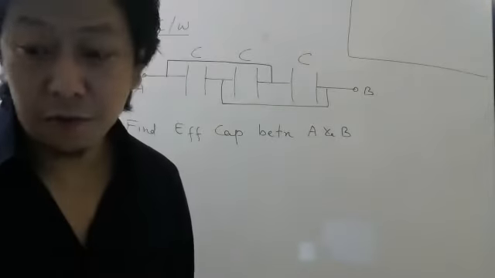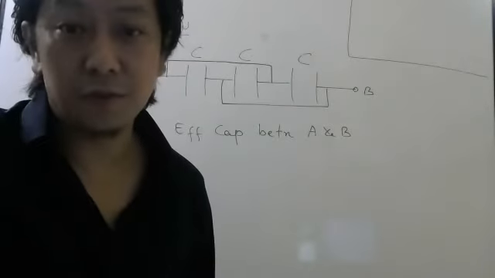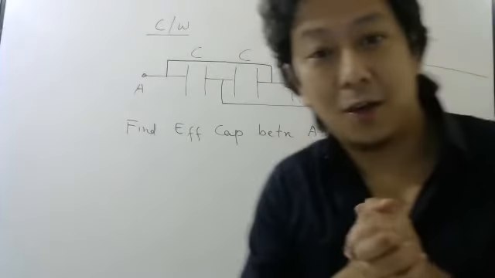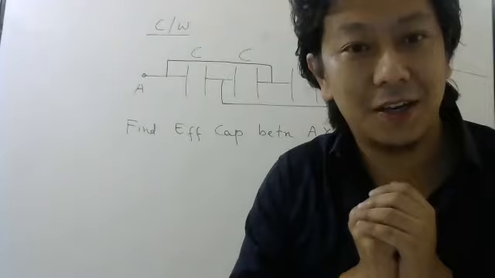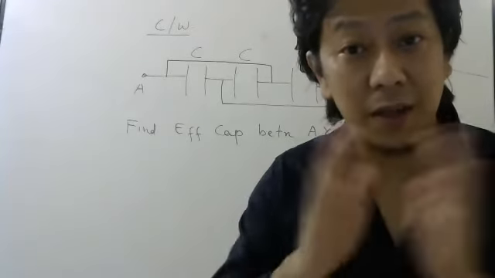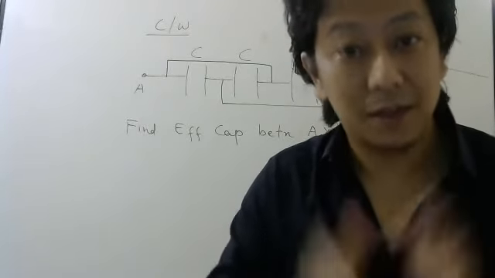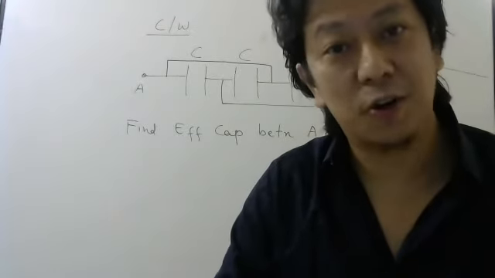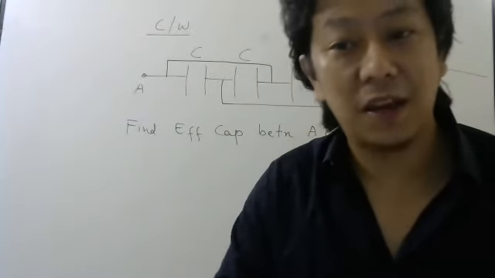So you have to find out why it is in parallel. You have to try to redraw the circuit. Whenever you get a complicated circuit, whenever you get a confusing circuit, try to redraw the circuit. Try to redraw and make it in a simple way. Then it will be easy to find whether it is in series or parallel, and then you can find the equivalent.